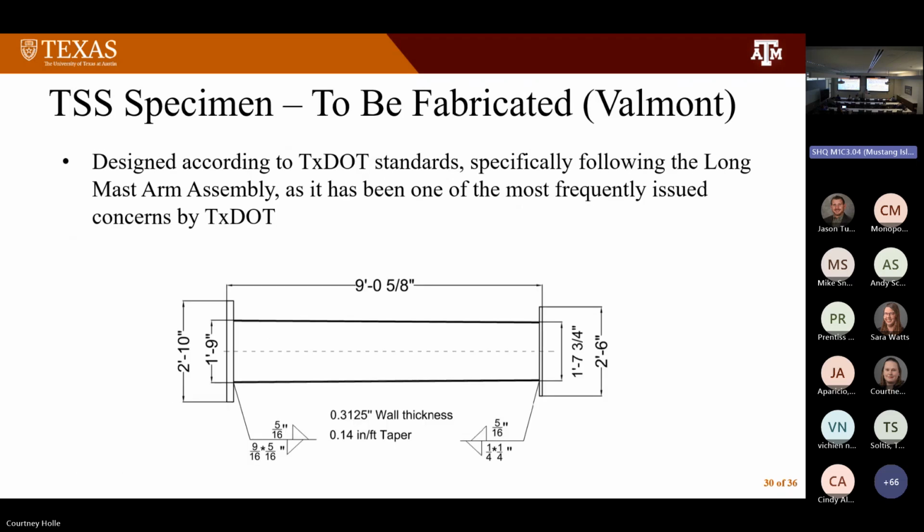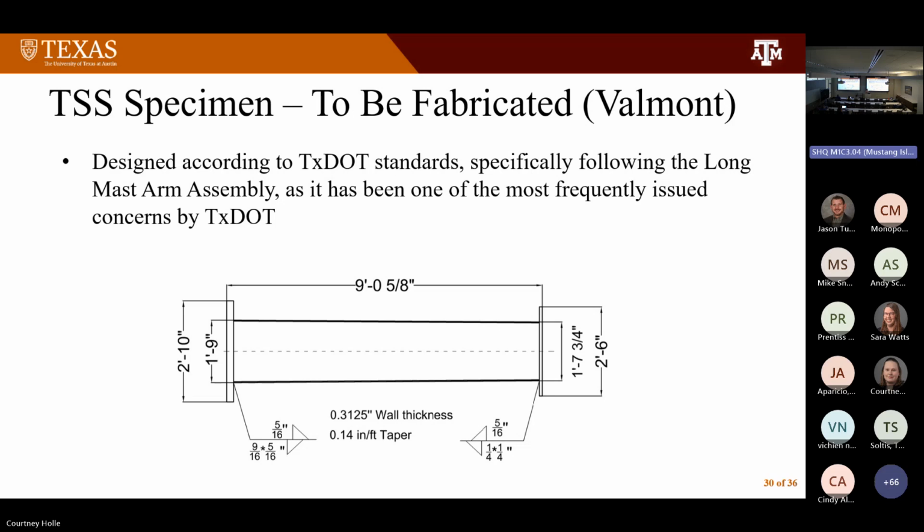These show the specimens that we've designed and are going to have fabricated. We think it's going to be from Belmont. We've been jumping through hoops trying to get these. We originally got a quote from Belmont in June, and they said it'll be 12 to 16 weeks until we can get that to you. And in the research community, you guys are used to that. In the research community, we're like, we need it tomorrow.